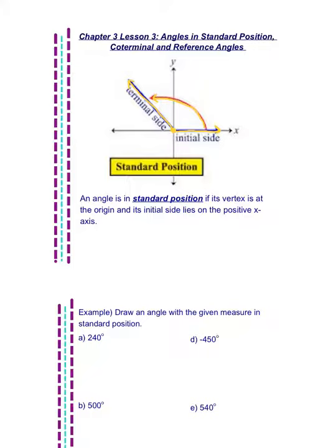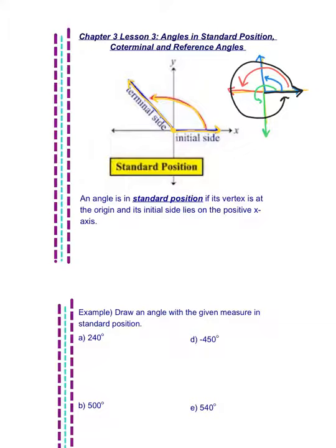And you guys are usually really familiar with angle measures in degrees. So if I were to have an angle of 90 degrees, you guys would usually be very comfortable drawing that angle of 90 degrees as this angle right here. 180 degrees would be this angle. 270 degrees would go all the way down to this negative y-axis, and then 360 degrees would have the same initial and terminal side actually, but it would rotate all